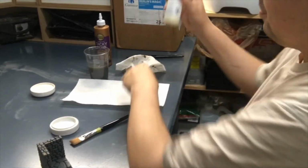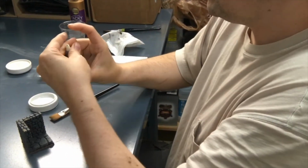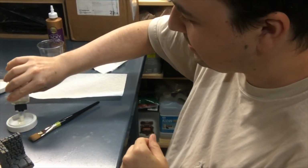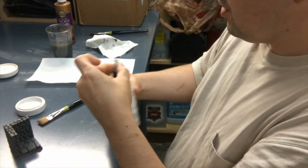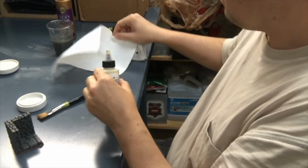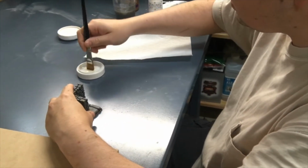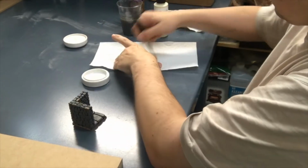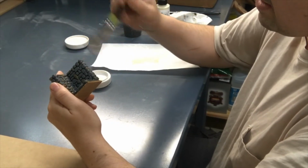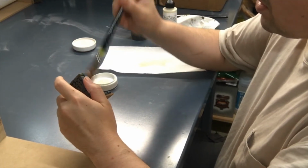I like the pre-thinned stuff, but it does separate out a little bit, so that's a little better. So with the stone edge, we do not need much of this. We are just trying to hit some of the highlights on this piece. So I'm going to soak a little bit of it up into the brush, and just like before, I'm going to wipe it on a paper towel until I have just a little bit,